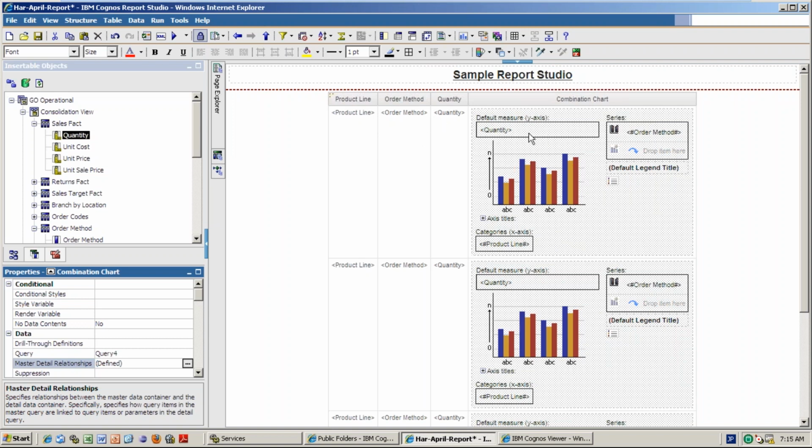So you are getting only camping equipment email data here because you are joining on both columns. But if I join only on one column, how will the chart look? Any guess? You are not joining on order method. So what will happen for this product line? For camping equipment or mountaineering equipment, anything, all the order method values will appear here because you are not joining on the order method column. So it will give you all the records.